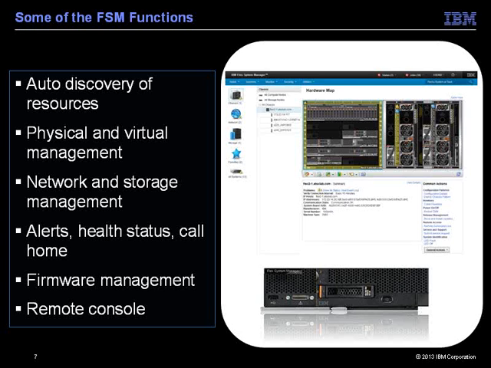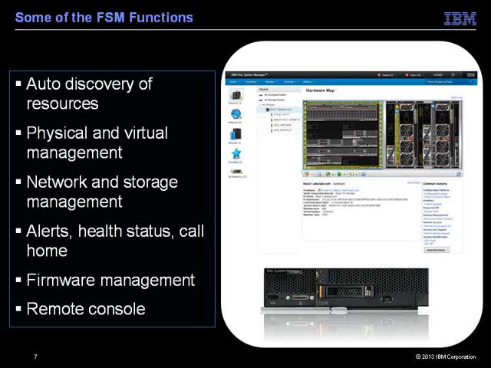What it's providing for us are all the basics, a lot of the same functions that the HMC provides. The first thing is it auto-discovers resources. As you plug components into the chassis, the FSM sees those components, discovers them, and tries to manage them. We can do both physical and virtual management, so we can create virtual machines, LPARs, if you will. There's switches and potentially storage inside the chassis.